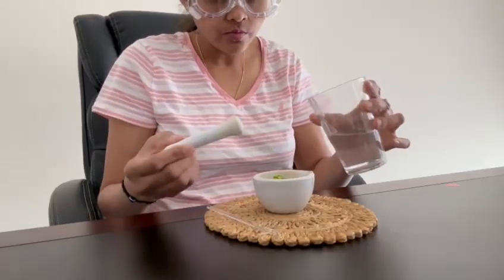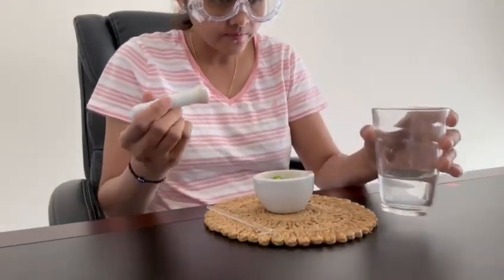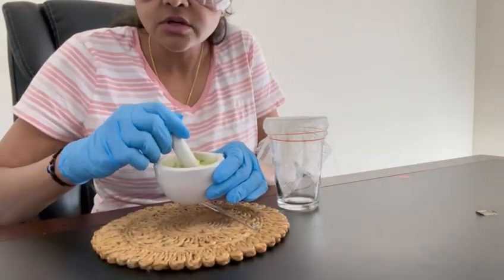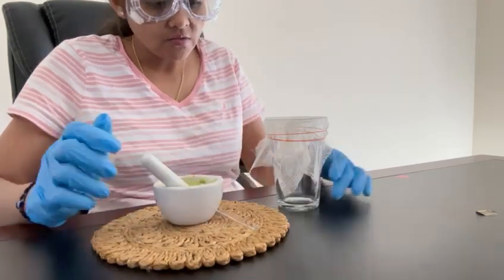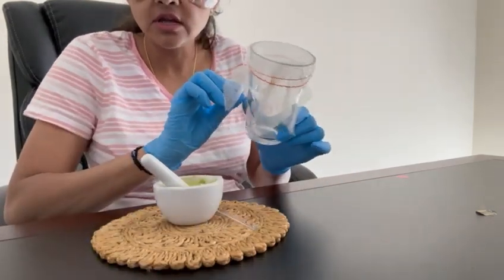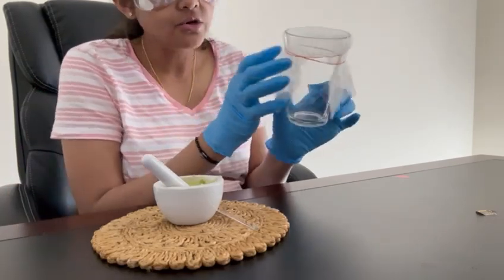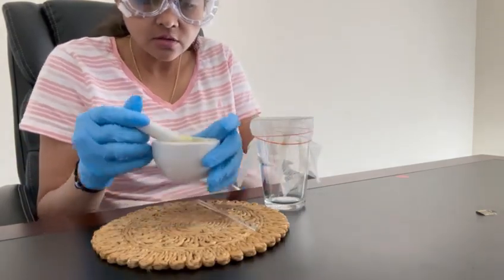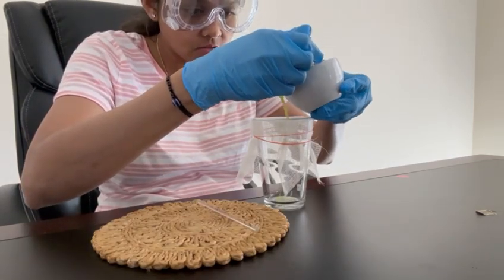I'm going to pour about half into my mortar and pestle, and I'm going to grind it. I have the peas that I crushed using the mortar and pestle, and I also have here a clean drinking glass, and I put the cheesecloth on it and secure it with a rubber band like this. Now I'm going to transfer the material slowly over it and let it